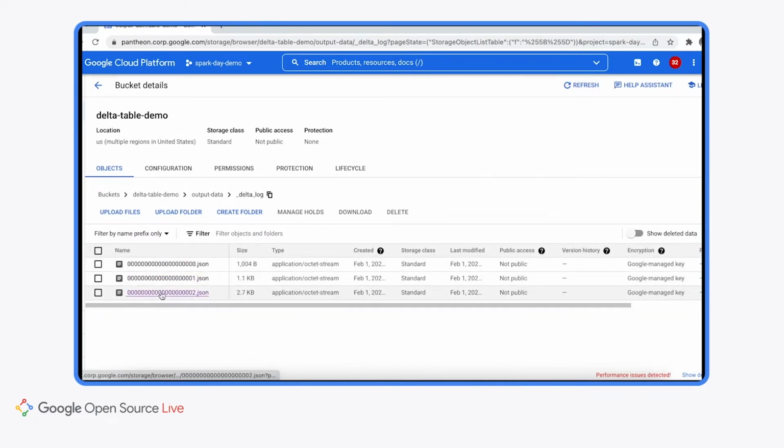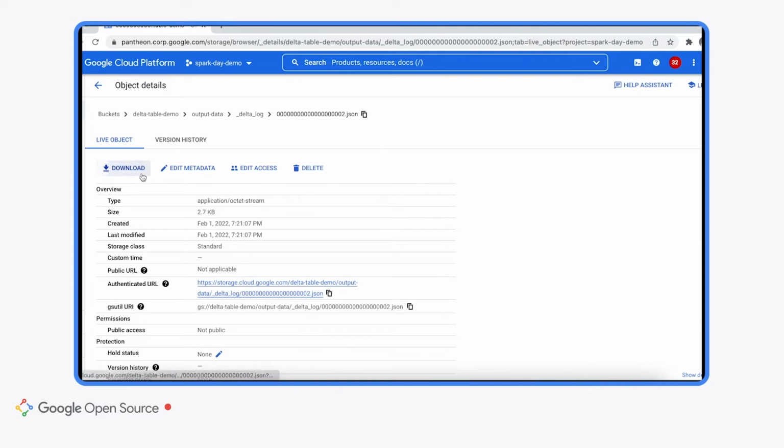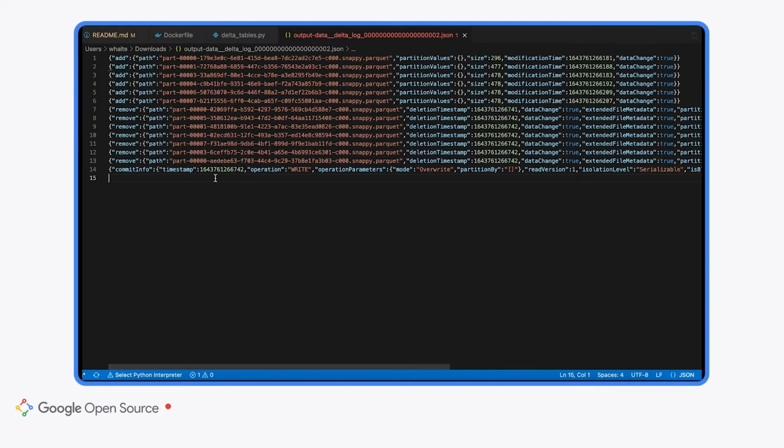So I'm going to give you a quick glimpse of the most recent transaction log so we can see in more detail how Delta tables achieve these functionalities. Here, the interesting part is the remove lines. Basically, what's going on here is that the files from version 0 and version 1 of our data lake are being marked for removal.